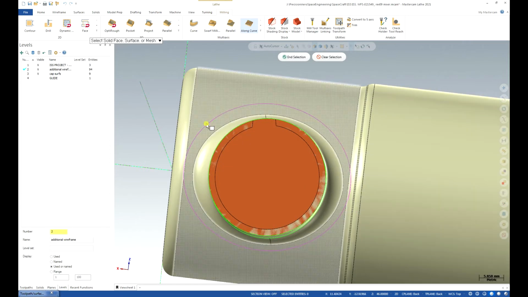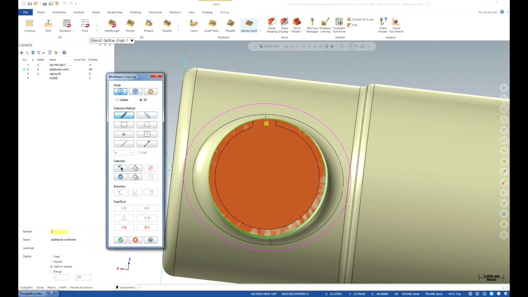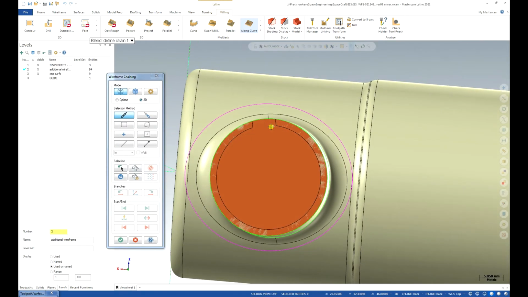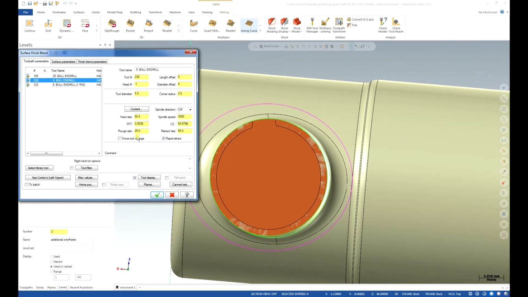Now, I'm not going to select any check surfaces at the moment, but I need blend. So our blend surface is going to be, let's say that, that. Okay,